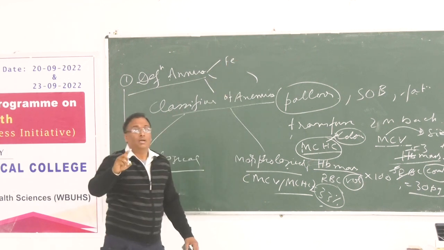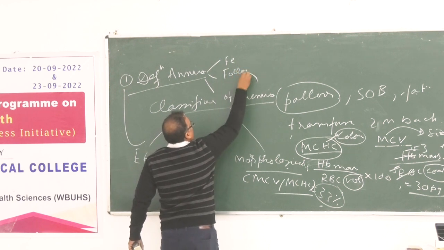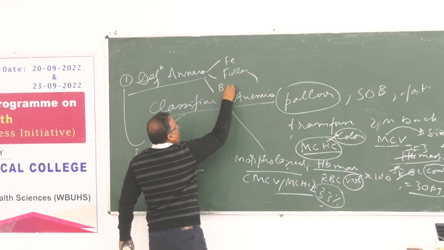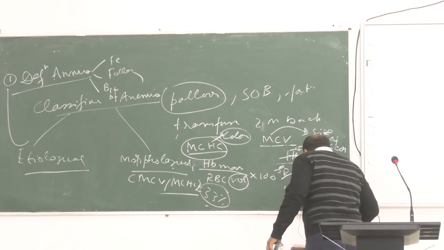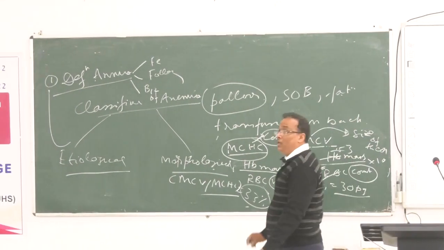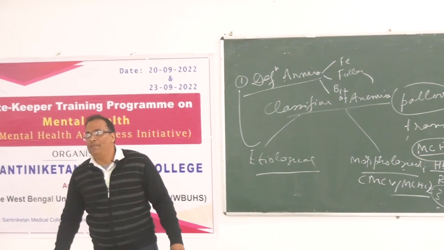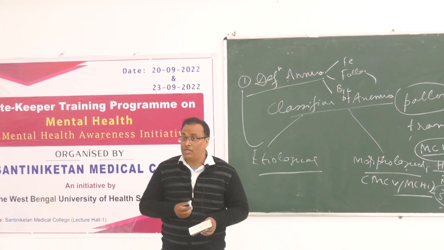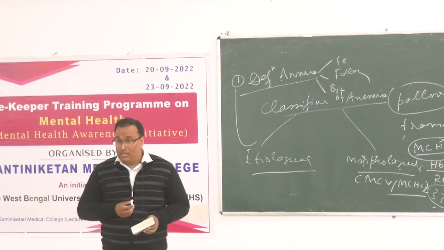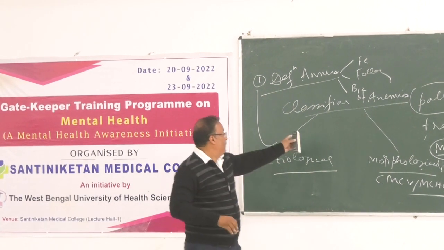Yes, folic acid. And then yes, very good. So deficiency of the B12. Why? These are important for the bone marrow, for the formation of RBC. Vitamin B12 and folate are essential for DNA synthesis. If that is not present, the size of the cell will be big. I am coming to that later. But etiological.